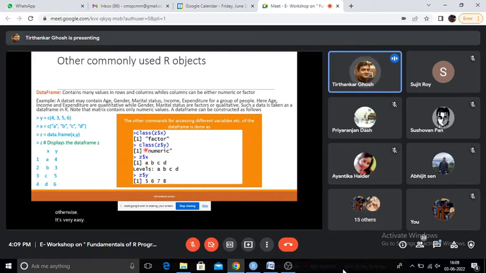So class of z dollar y, you can see this y is numeric, so we got numeric. The class of x was factor, so we got factor. And if we need to display a particular variable, then also z, that is the data frame, dollar, and then the name of the variable you wish to get the values of. So these are very simple things, and through practice, once we start working, these things come automatically.